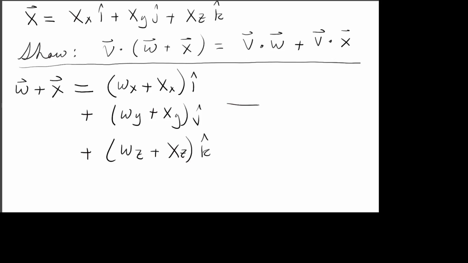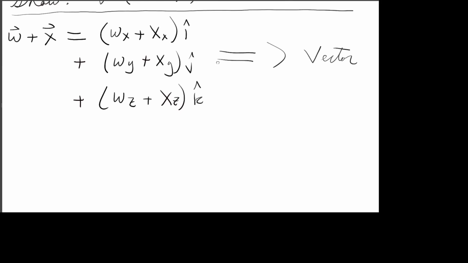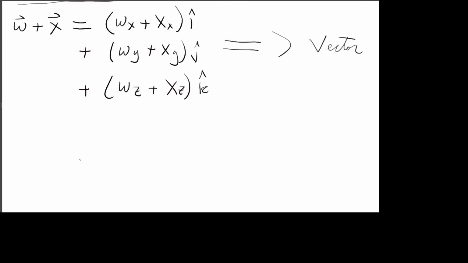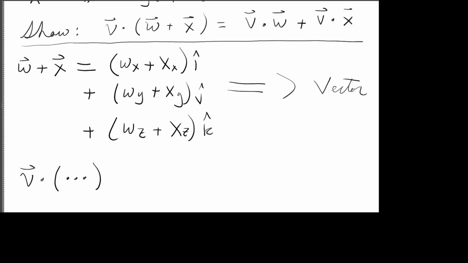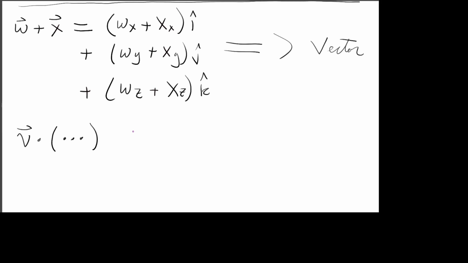So this is a vector. And so when you add 2 vectors, you get a vector. And so we can take the dot product of this new vector with v. I'll use this ellipses notation quite often, where I'm referring to what's inside the parentheses with just dot dot dot. So v dot anything in the parentheses, which is really this long vector here, is going to be